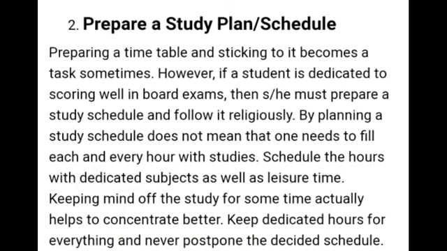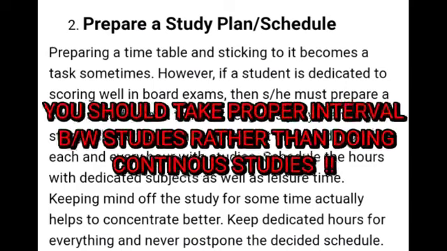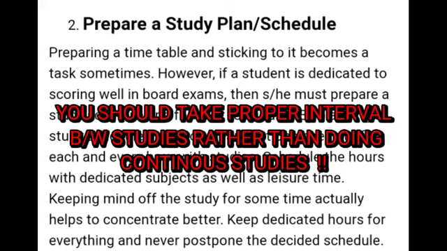One most important point in this is that you should give a proper interval between subjects or within a particular subject, right? If you are taking 2 hours to study chemistry, then you should have 4 breaks of 15 to 20 minutes in your 2-hour timetable for chemistry, so that you don't get tired or exhausted while continuously studying the subject. And after a short break, when you continue again, your mind will be fresh and you will be easily able to grab the things, right?